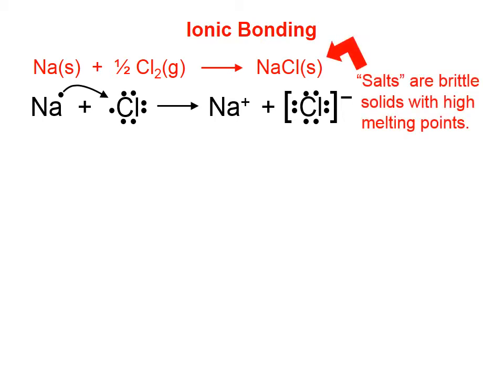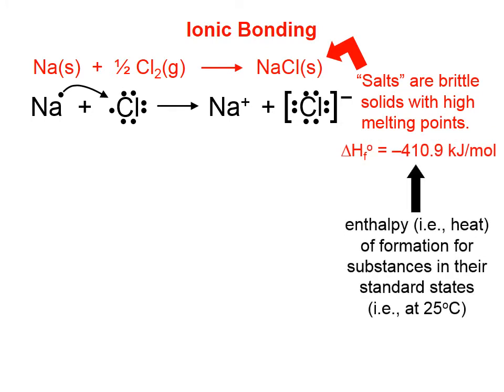to form NaCl. Salts are brittle solids with very high melting points. The heat of formation, which is what that symbol means, delta HF naught, is the enthalpy of formation for substances in their standard states. You can see that for this salt, the enthalpy of formation is negative, which means there is a great deal of heat or energy that is released in the formation of these bonds, which tends to make the resulting NaCl